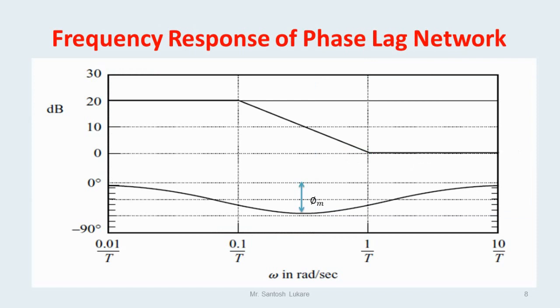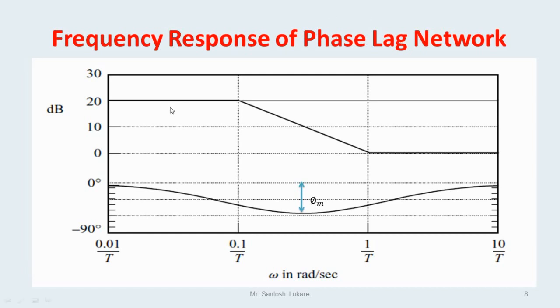Now why is this network called a phase lag? If we apply a sinusoidal input to the network with the transfer function we have discussed, and vary the frequency from low value to high value, and record the phase difference and the magnitude of the input voltage and the output voltage, and plot 20 log to the base 10 of Vout upon Vin with respect to the frequency, and measure the phase difference between the output waveform and the input waveform with respect to the frequency, and plot them on the Bode plot, or the semi-log paper, with respect to the frequency omega,